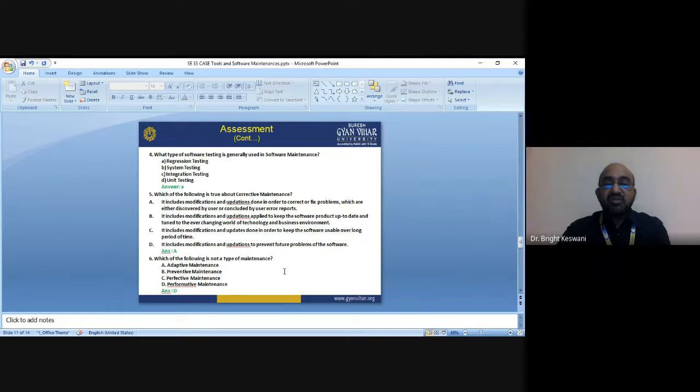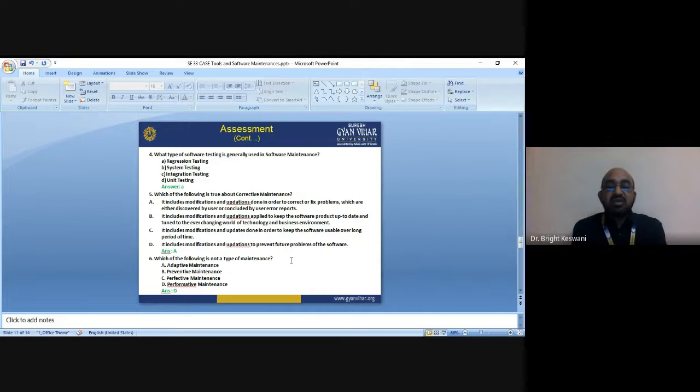Which of the following is true about corrective maintenance? The first option, it includes modification and updations done in order to correct or fix problems which are either discovered by user or concluded by user error reports. The second option, it includes modification and updations applied to keep the software product up to date and tuned to the ever-changing world of technology and business environment.